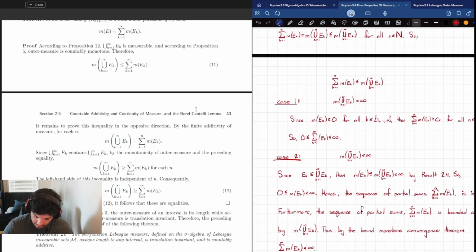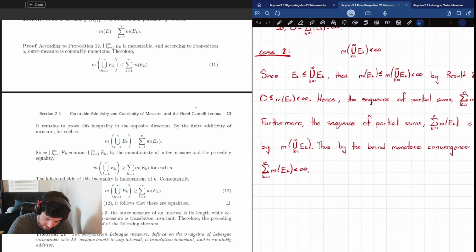So the first thing we had to show was that this sum doesn't just go to infinity for some reason, and that's what we just showed. We needed to show that the sequence of partial sums doesn't just blow up for some reason, and that's done through the bounded monotone convergence theorem. And then there is another result in real analysis that says that